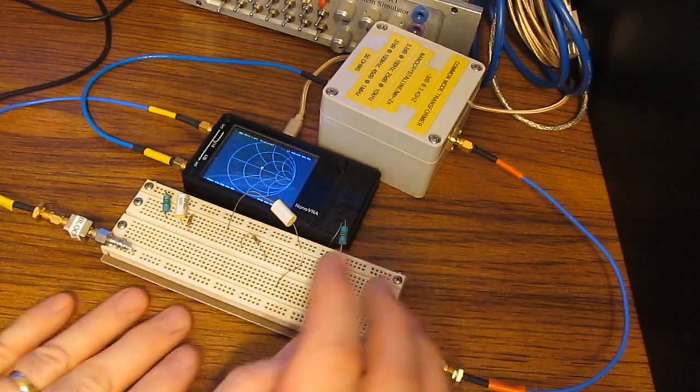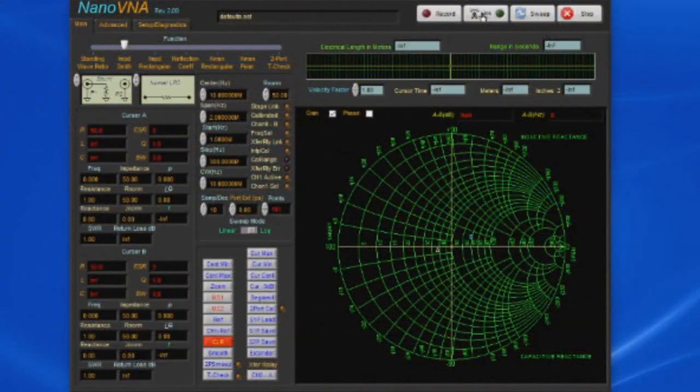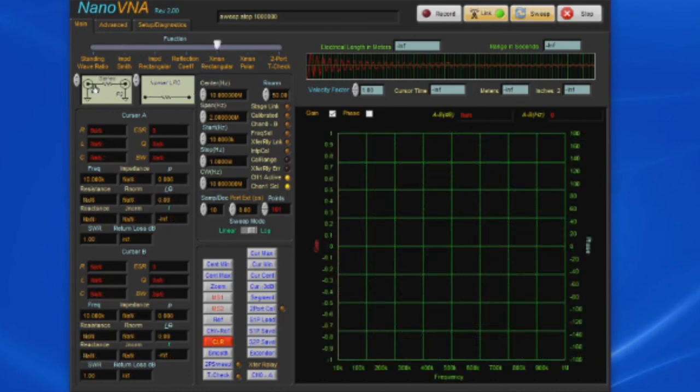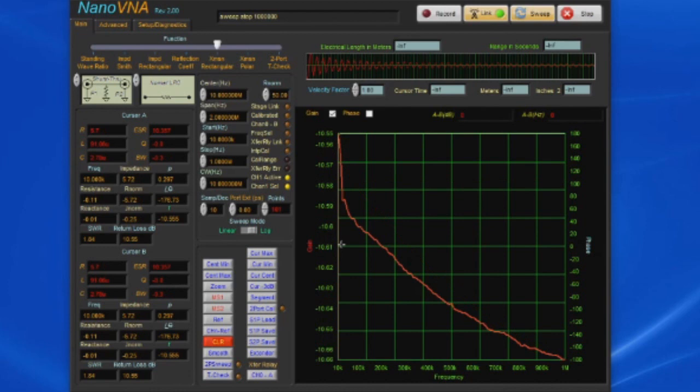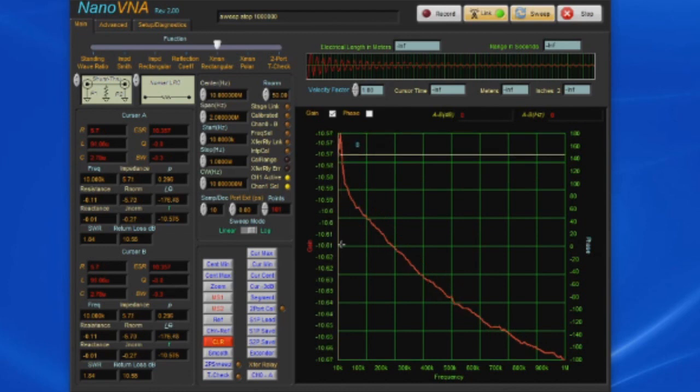So the first thing that we're going to do is calibrate this system. Let's go ahead and we'll select link, and then we'll select sweep, and we're going to change our start frequency to 10 kilohertz, and we're going to sweep to 1 megahertz. Next, we're going to select the transmission rectangular. We're going to change this to shunt through, and of course with the Nano we're only able to collect 101